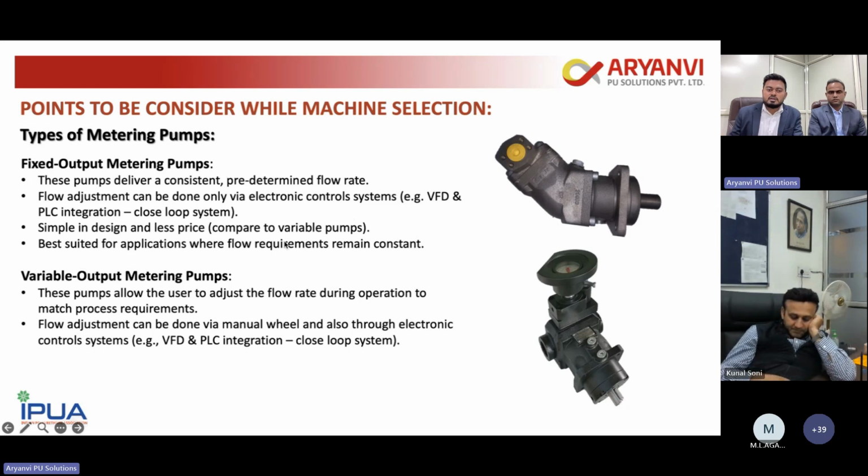This kind of wheel is available, and also through the electronic control system, which is available in fixed output. Means in variable output you have two types of control on the output of the pump. First is through the closed loop system or through VFD and all, and second is